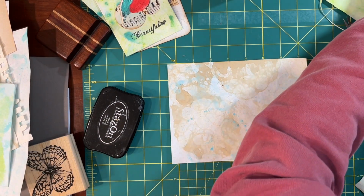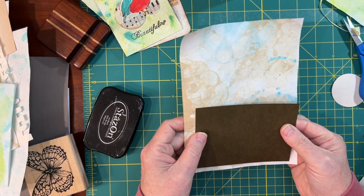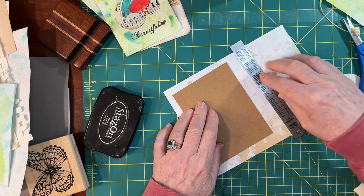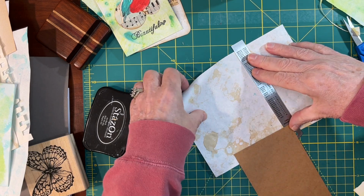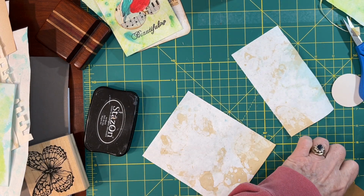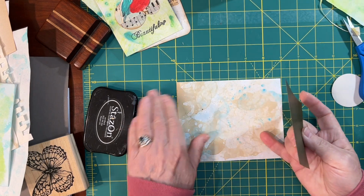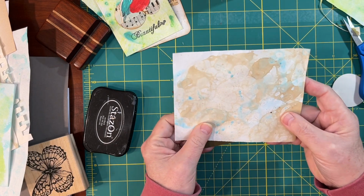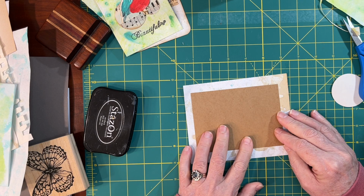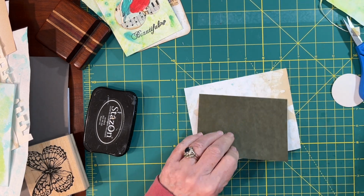So I thought I'd make a pocket out of this with a little bit of a beach theme, and so I can save most of it, or at least the portion up here. I'm going to tear this off. And I've got a little bit of something dark. That might be a little bit of coffee. And I think I'm